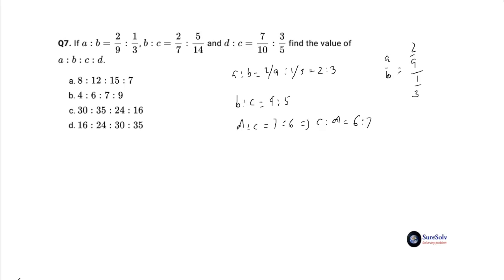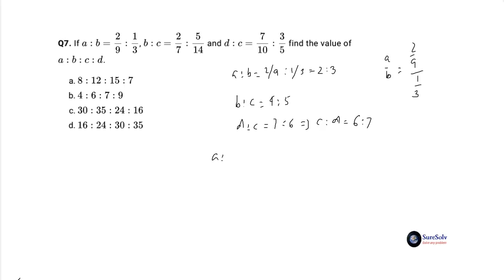First, you would join A is to B with B is to C. The common variable for these two ratios is B, with ratio values 3 and 4 respectively. Convert both the ratios so that the value of B for both are equalized to the LCM of 3 and 4, that is 12.